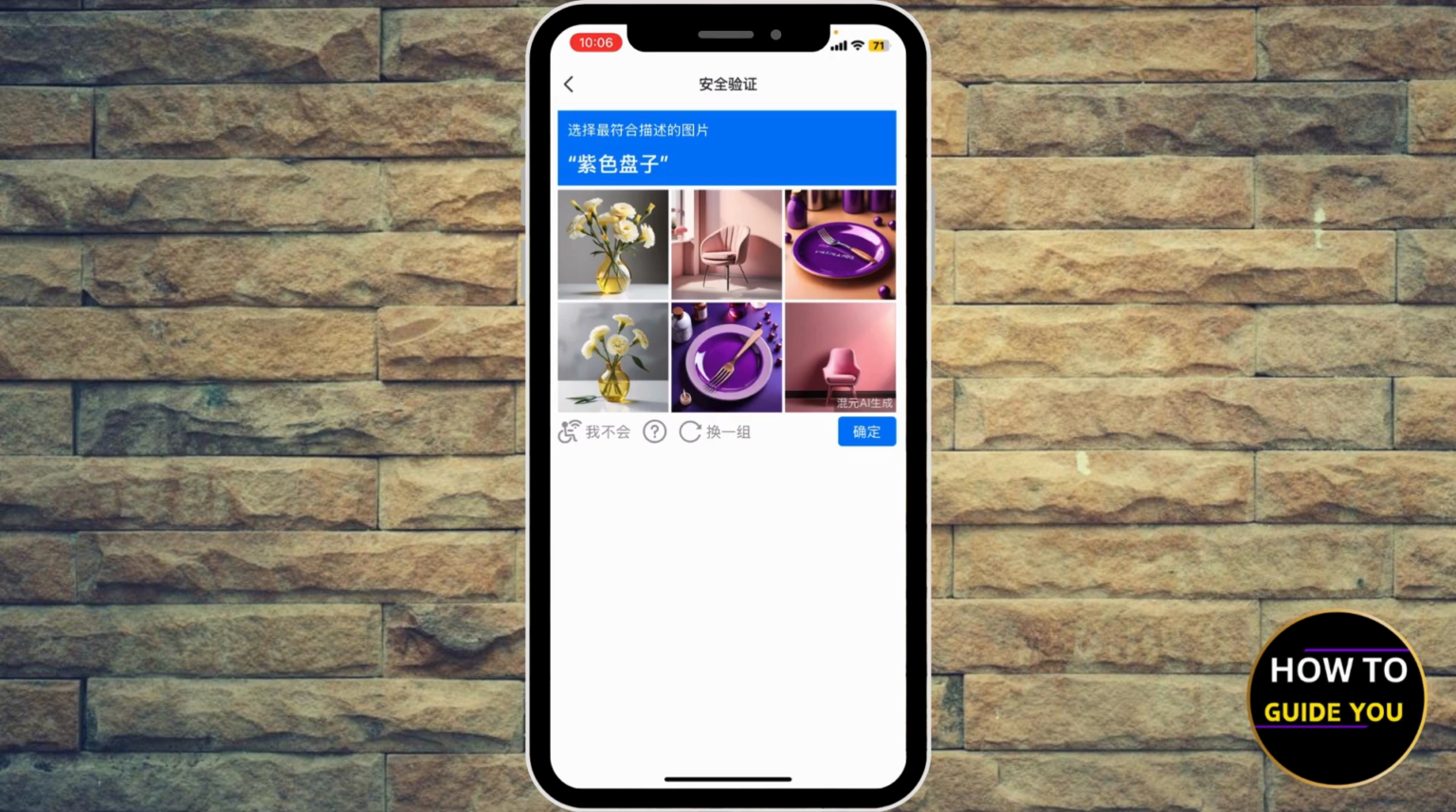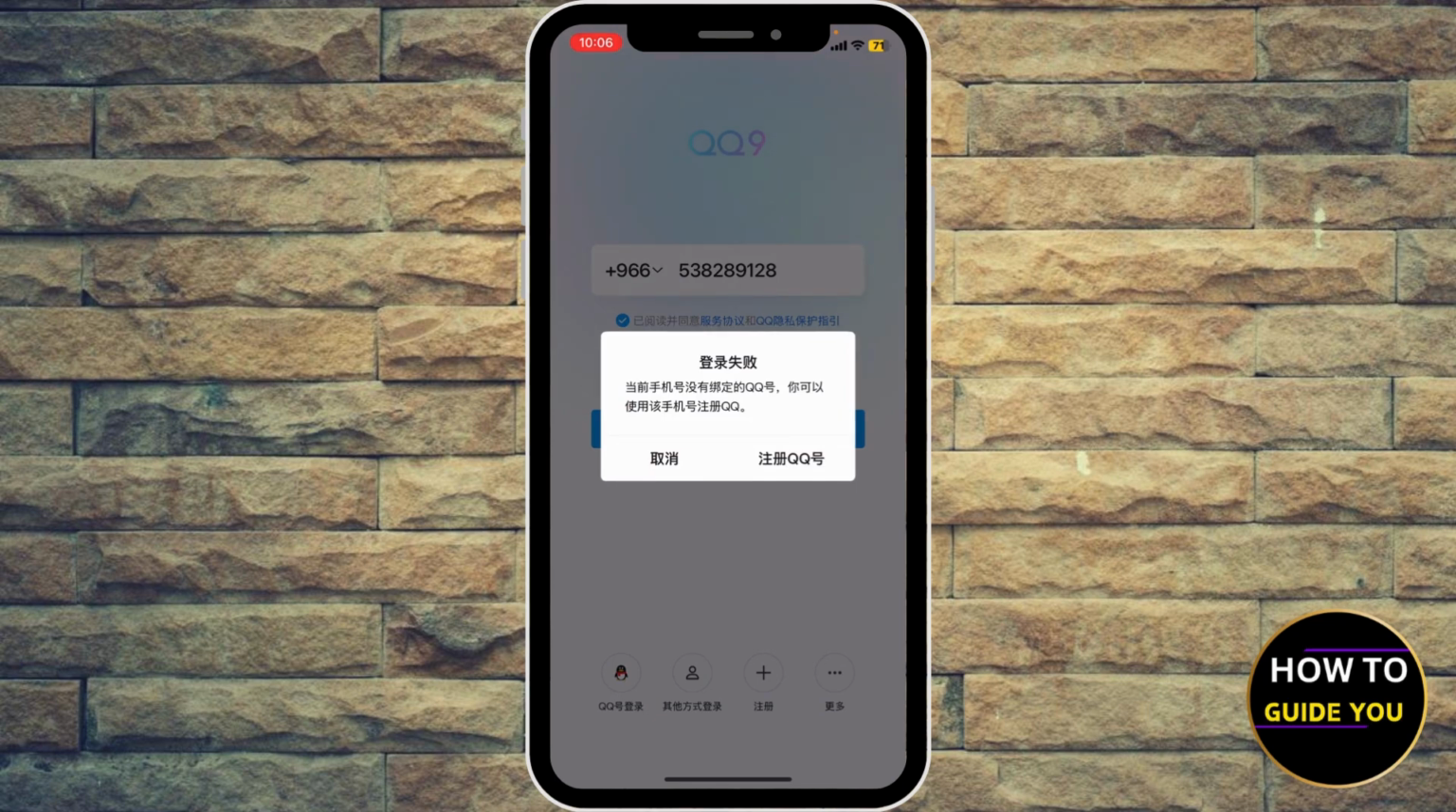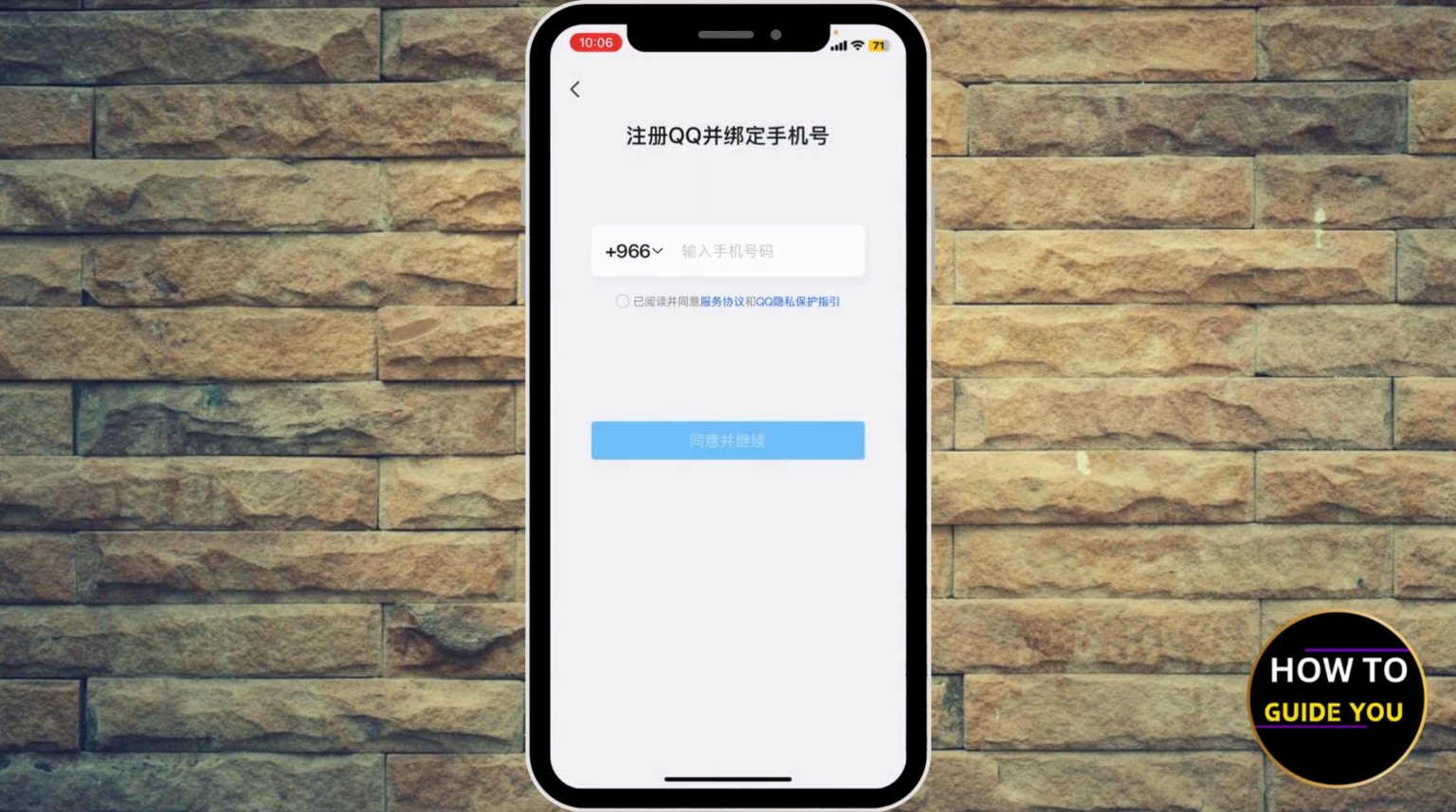Okay, it says right here, I'm gonna on this. Okay, and as you can see, you can go ahead and agree with the policy and start creating your own